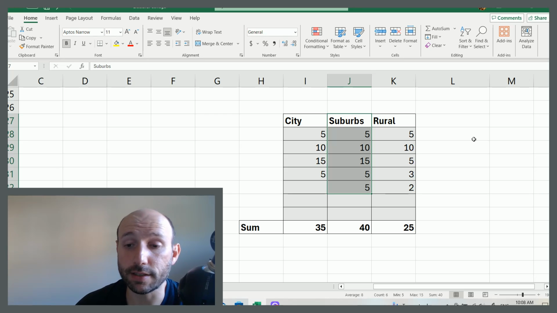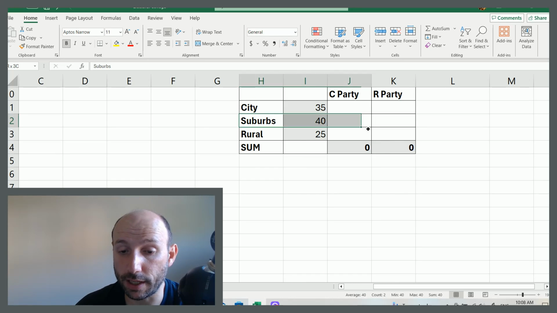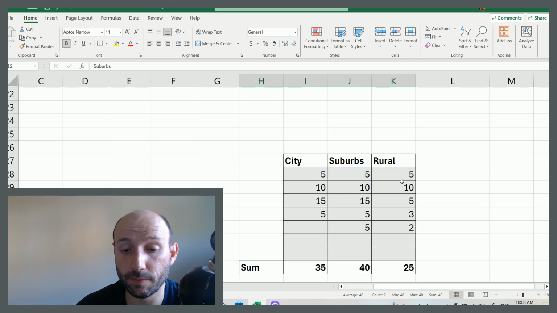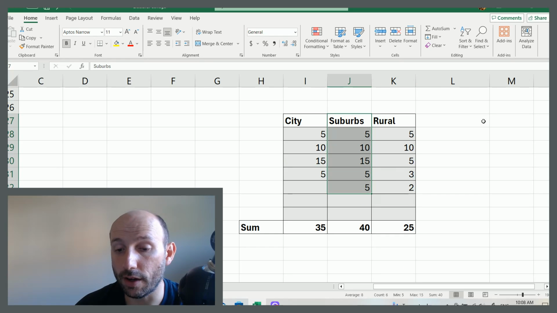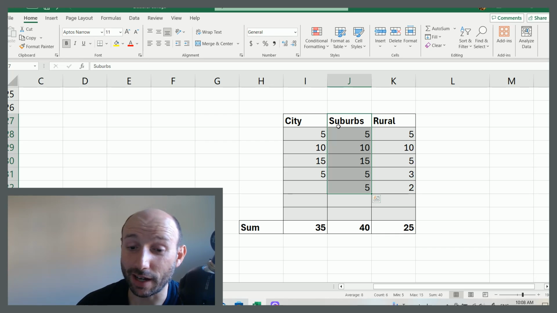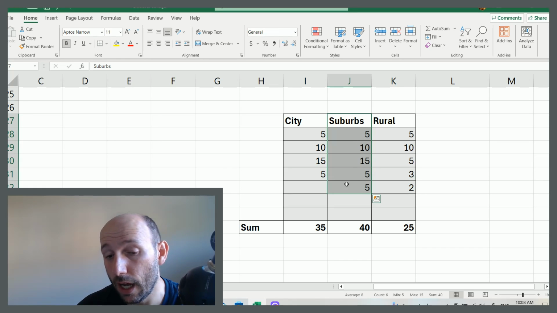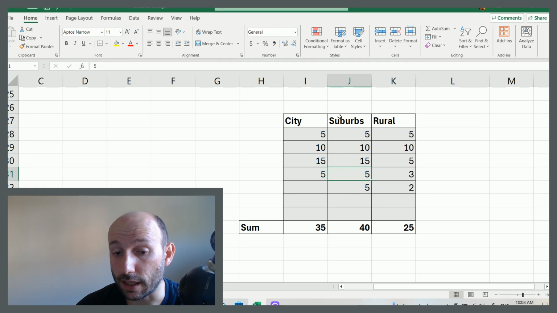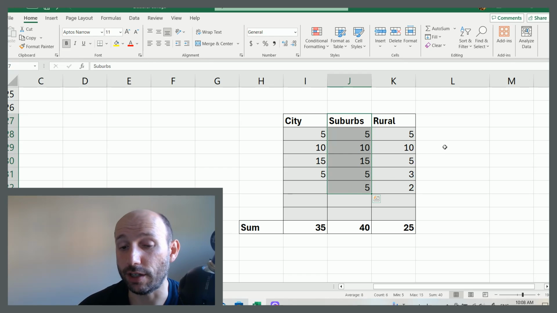So the suburb states in our example here are basically our swing states. And it's interesting that when you look at the United States, who are the swing states? The swing states are not where the biggest city life is, but they're also not the most rural states. They are kind of more suburban. But anyways, right away, it limits where you can even try to cheat in an electoral college. You have to try to cheat in the suburb states.